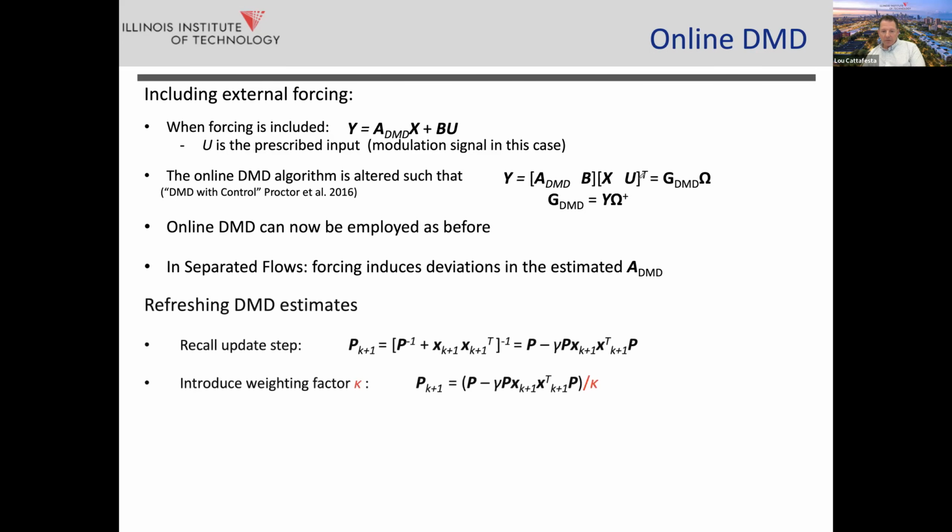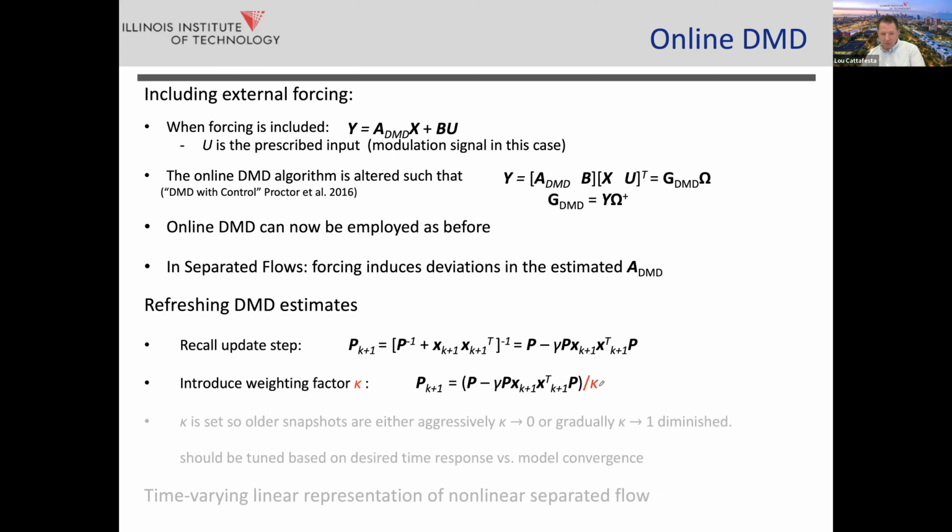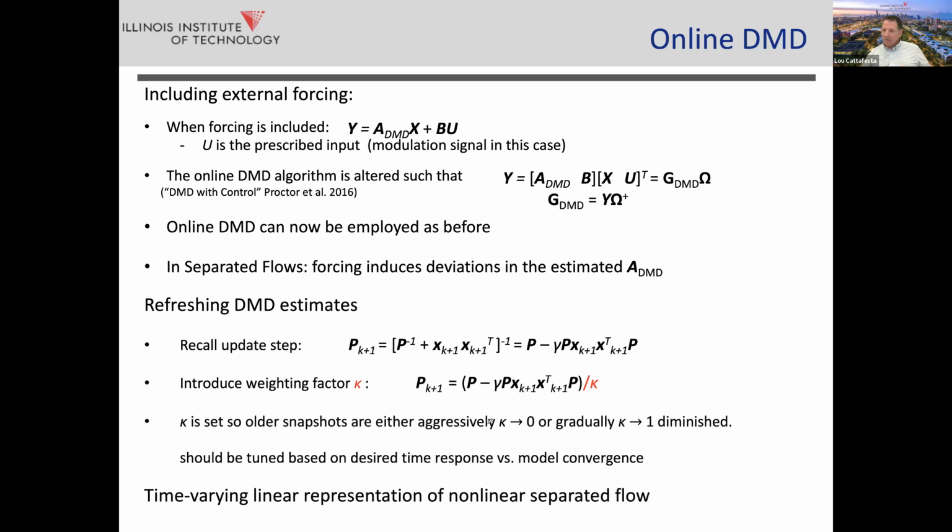Okay, and one last point that I want to emphasize here is that we're introducing a weighting factor. This weighting factor essentially allows us to either aggressively attenuate old data, so it only remembers the new data, or you can let it remember, essentially a history effect, by letting this kappa go closer and closer to 1. It turns out that it's very insensitive to this through experimentation, but nonetheless, this is a parameter. And I'll talk about the value that we chose in a second.